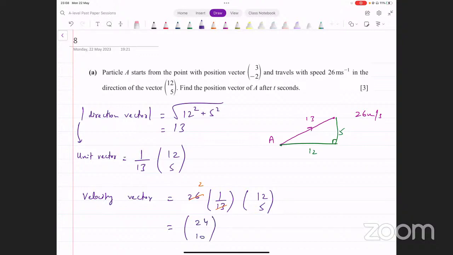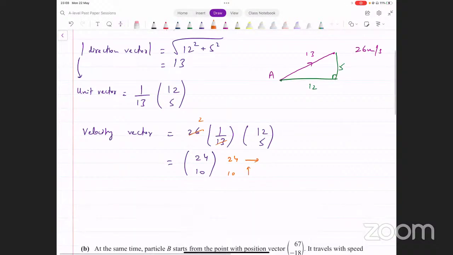इसका मतलब क्या हुआ, हर सेकंड के अंदर अगर आप 26 मीटर्स कवर कर रहे हो इस डायरेक्शन के अंदर, तो उसका मतलब ये है you are going 24 units horizontally and 10 units vertically. तो फिर आपका इस डायरेक्शन के अंदर 26 यूनिट्स आप कवर करते हैं, तो आप एसेंशियली आप 24 यूनिट्स राइट पे जा रहे हो और 10 यूनिट्स ऊपर जा रहे हो. ये आपका वेलोसिटी का वेक्टर हो गया. तो व्हाट अबाउट द पोजीशन